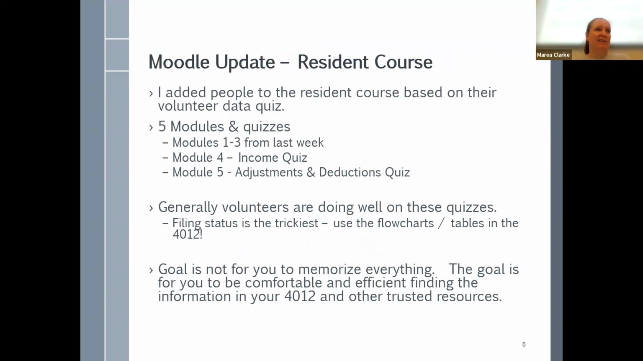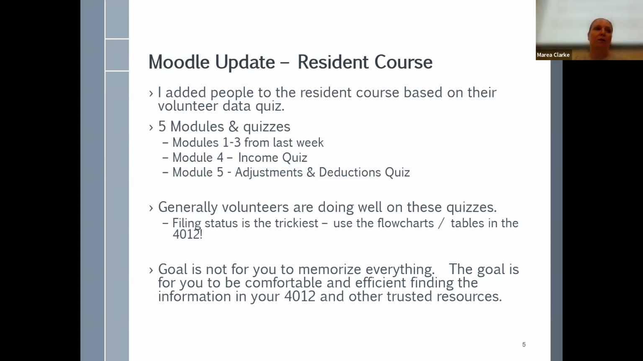The filing status tends to be the one where people have struggled the most. I really strongly encourage you to use your 4012, the flow charts and the tables, to figure out: answer this, yes or no, continue, not continue. It's a little painstaking to get through those, but they really do walk you through how to